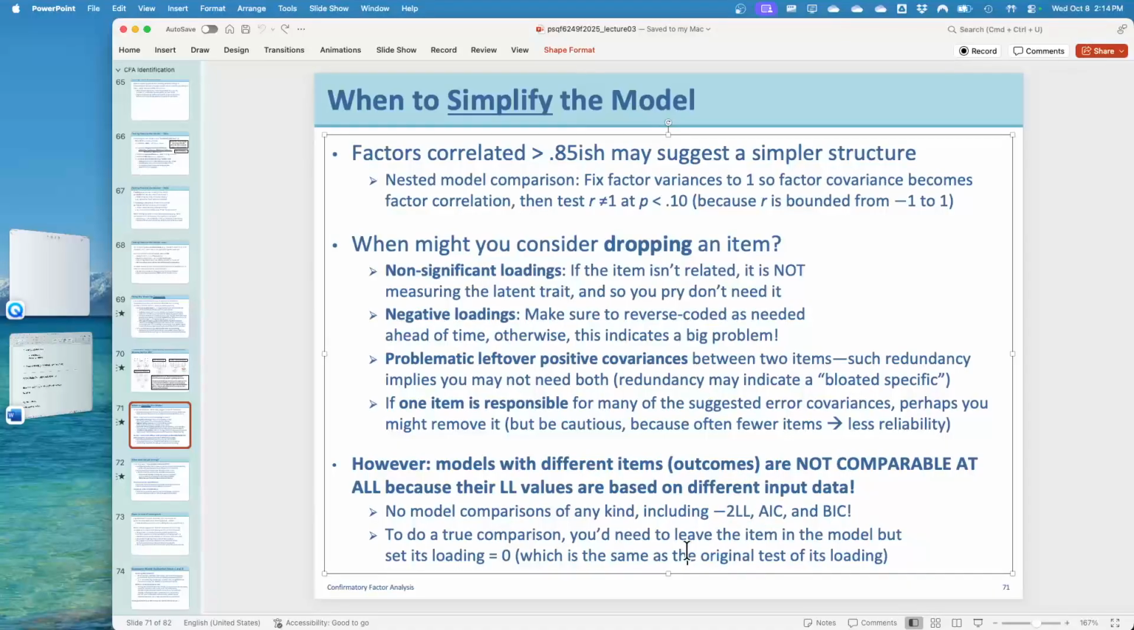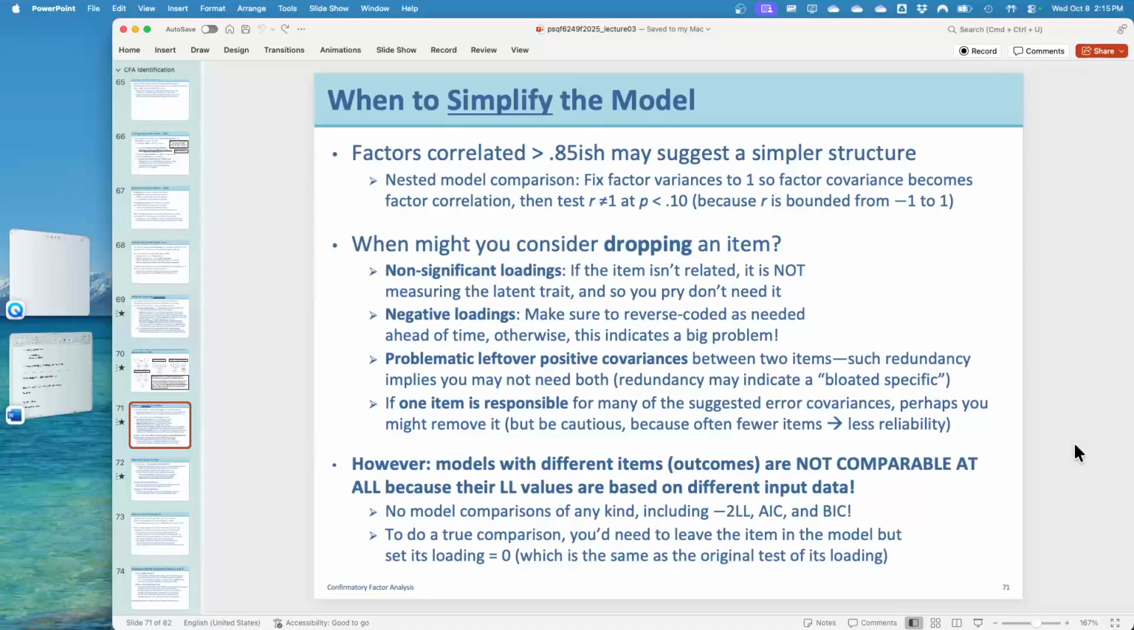If you really needed to do that, you had to set a loading to 0, but that test is so performative, it will always fit better, right? So that homework that you're doing, I make you drop items, but at the end, I'm not having you do a model comparison, right? You're only looking to see if that new model fits absolutely, not in a relative sense. But I will tell you that in practice, to me,